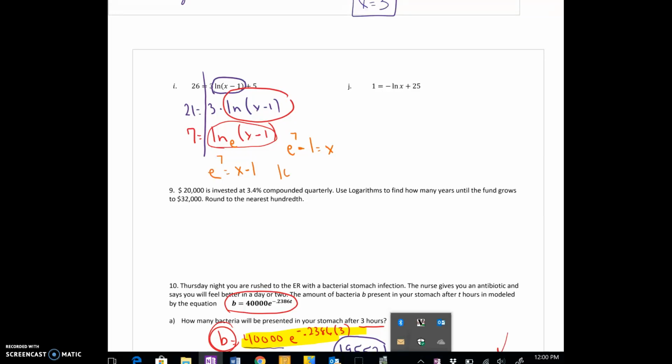Subtract 1. And my decimal, well, it's supposed to be a 0, to 3 places is this. This is my final answer. All right, J. So